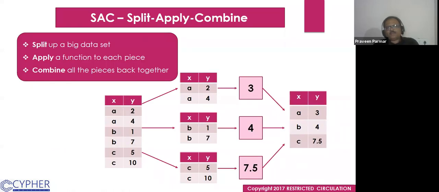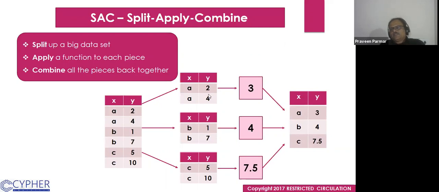There is one way to split up a big data set. Suppose the X column we have is categorical and the Y we have is a numerical column. And we want the mean of A and B and C. If I want the mean of Y, that's not a problem, the whole Y mean I could get. But if I want the mean as per the X, the mean of A and the mean of B and the mean of C, as per these categories I want the mean of Y. So it splits the data first, then applies, and then combines. Then apply your formula. It splits the data in this way.